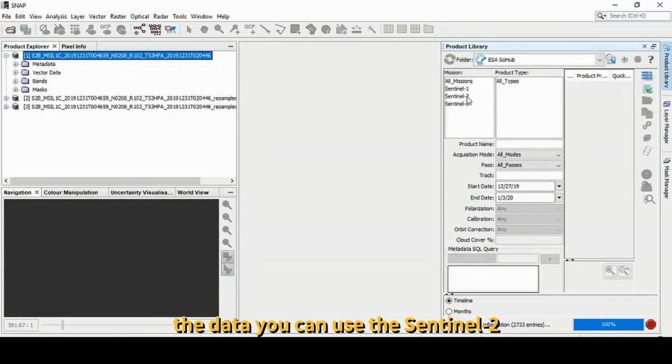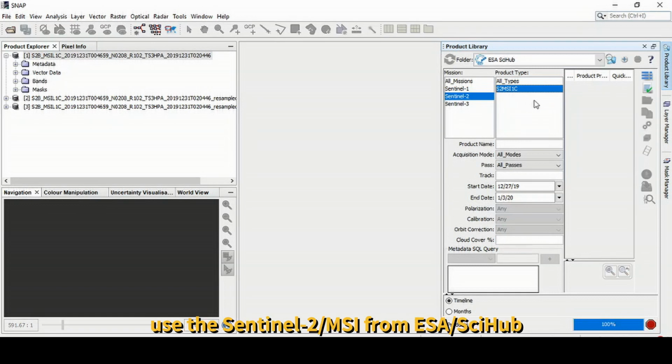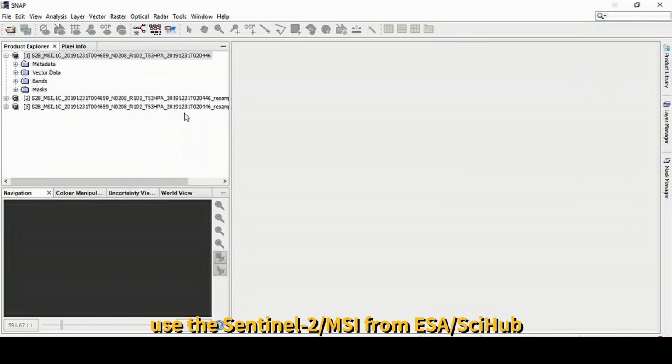If you want to find the data, you can use the Sentinel-2 multispectral data, product type S2 MSI. MSI is the name of a sensor, and level 1 data, so select here. So we want to use the Sentinel-2 MSI from the ESA Sci-Hub.